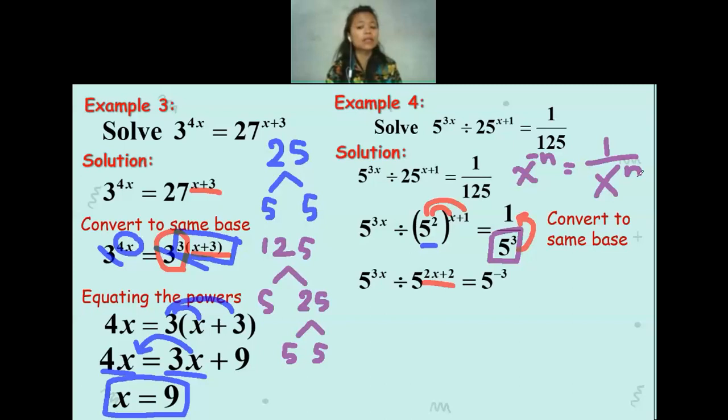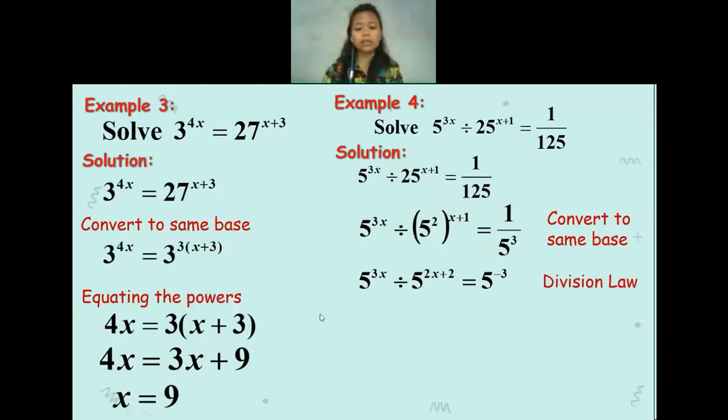So now I have the fraction. When I want to change it into the index, I can cancel the fraction, but the power will have a negative sign. So this is to the power of 3, now it becomes to the power of negative 3. Now we are done. This is a division. When it is a division, we can simplify the power. Anyone still remember, when it is division, what do we do to the powers? Minus, teacher. Yeah, we have to subtract. So now let us subtract it.